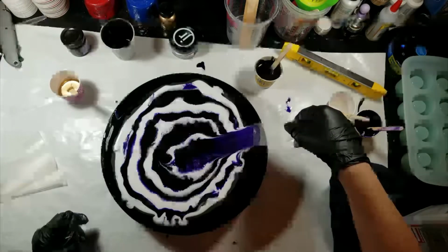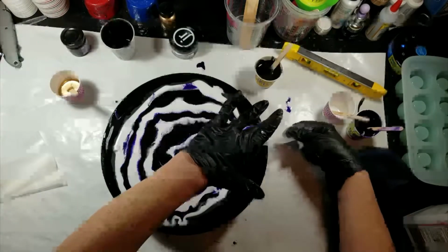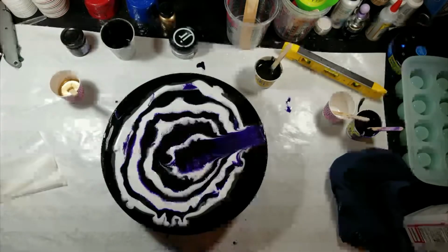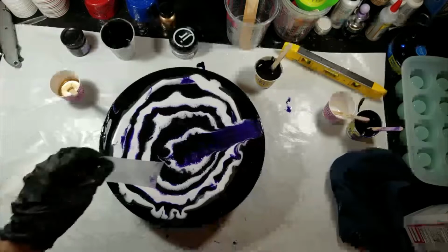Okay. So far, so good. Just scraping out the excess so I can try to use the paper again. Now it looks like it's leaning towards me. Well,